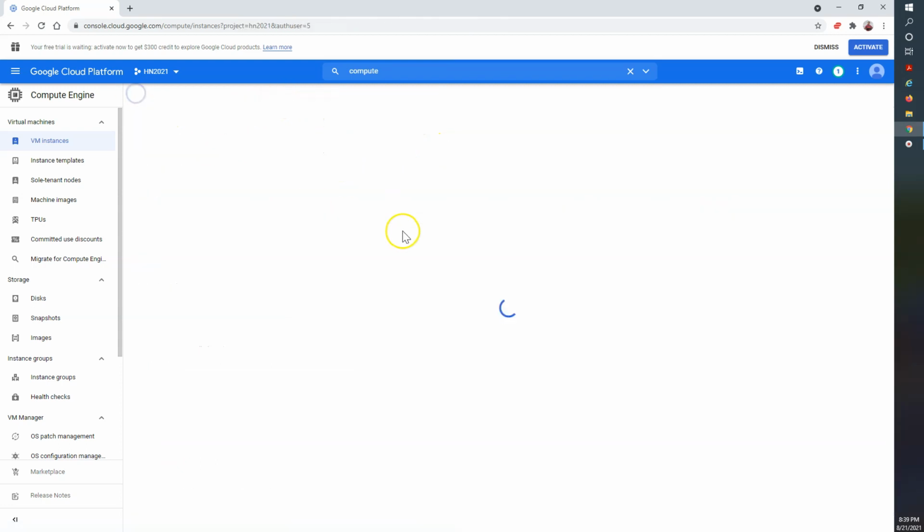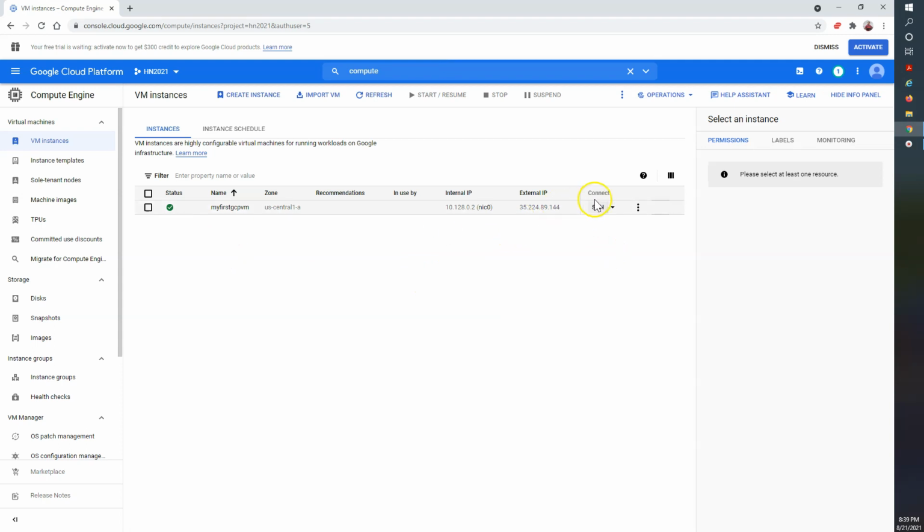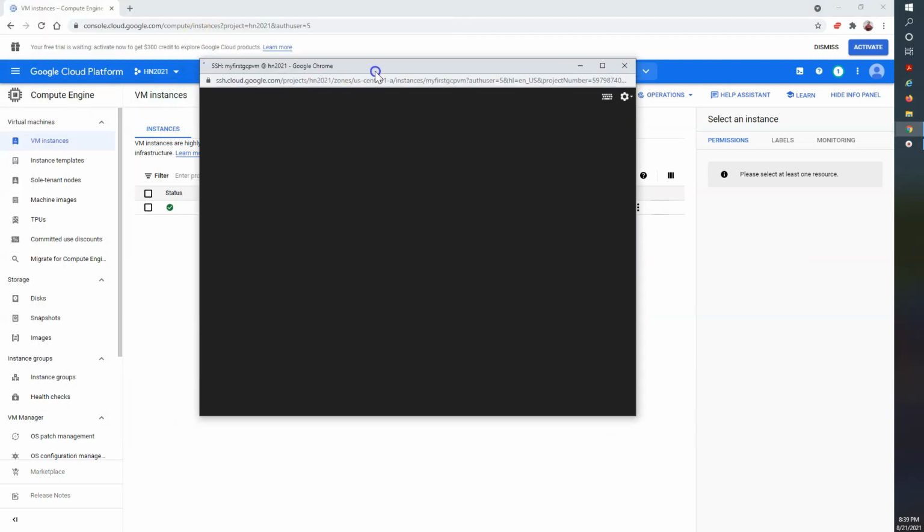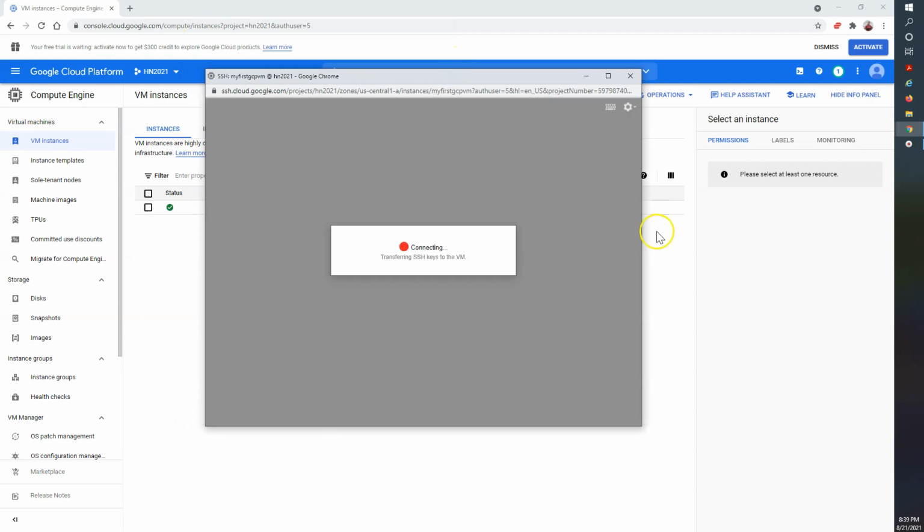So let's go back and see one more point here. On the connect side, you can connect to your instance with different options. There is the GCP command you can use. If you want to use the SSH private key, you can, and if you want to use another SSH client, that is also possible. But the very interesting part is that you can directly open your browser and connect to your machine. So let me click here. This is very interesting and very quick. It will connect to your instance, and there is no need for an external client. This is a very fast way to access your instance.